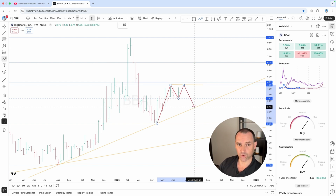Now, if that trend line support is broken, then the likelihood is that Big Bear will trade down and look for support at this key level of 236. So these are two scenarios for Big Bear. Either it falls and finds support here and then moves back up and challenges 460 once again, or it falls back into 230 before perhaps moving back up from this point to make another leg up. And the most bearish scenario would be that Big Bear continues to fall through this level here, the trend line, and this level here, 230, and perhaps